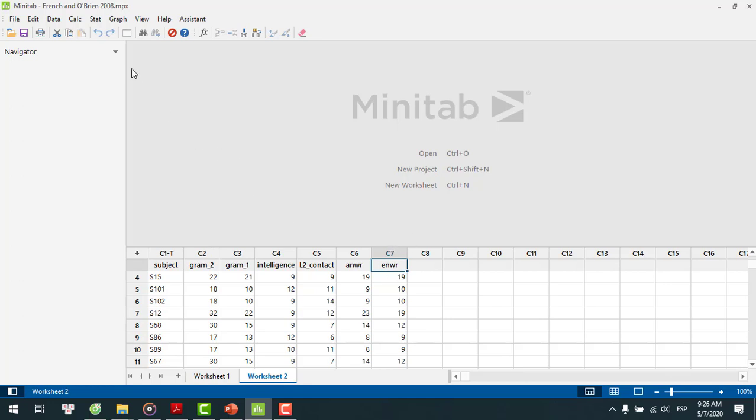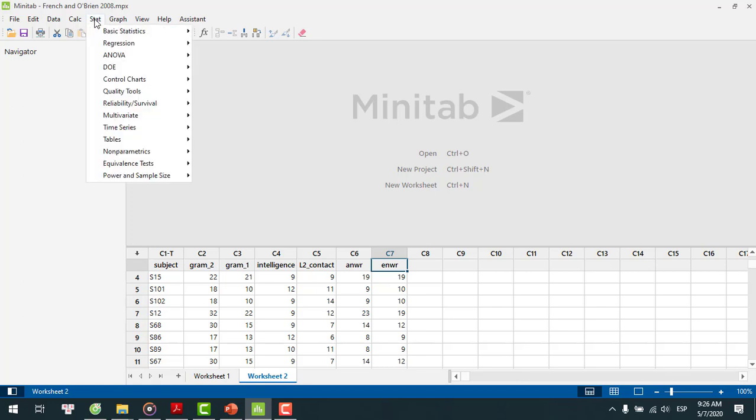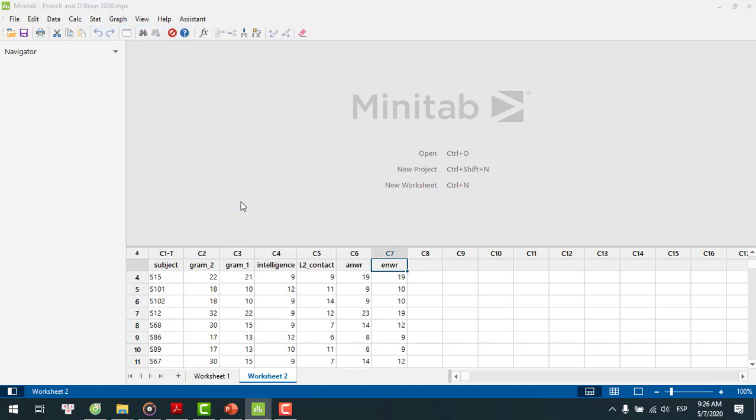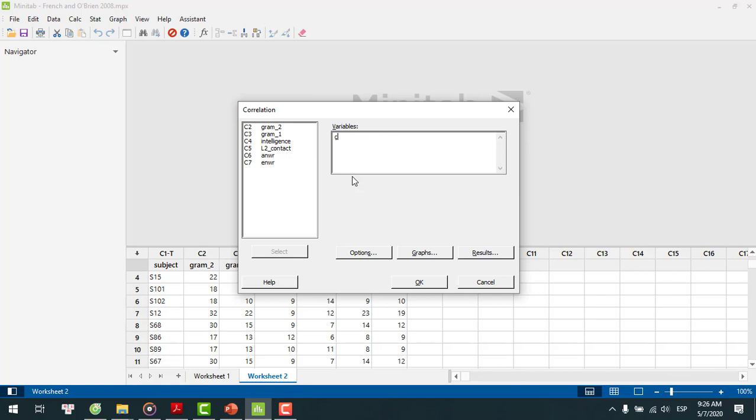Okay, so how do we do that? We go to Stat, Basic Statistics, and then down all the way to Correlation. So let me repeat. You go to Stat, Basic Statistics, all the way down to Correlation. Now, here we are in Correlation, and what we're going to do then, we're going to enter the variables that we want to correlate. Now, in this case, we're going to correlate 2 variables. We're correlating grammar 2 and English non-word. Okay, that's all we need to do. So we click OK,